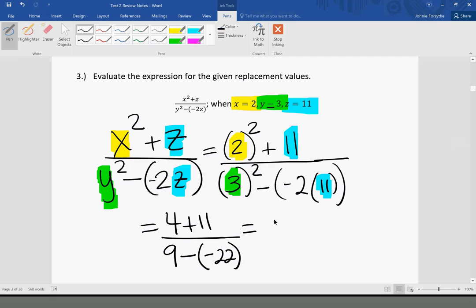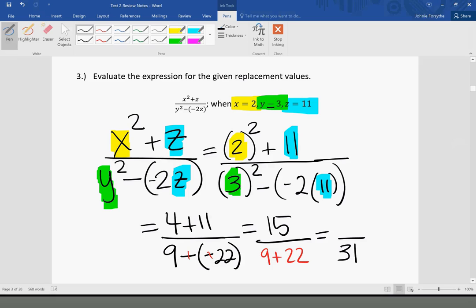Okay, so now 4 plus 11 is 15, divided by 9 minus negative 22. I have minus a negative. That's going to be the same thing as adding the opposite. That's actually going to be 9 plus 22. All right, and so now we're ready to take care of the bottom. So 9 plus 22 is going to give us